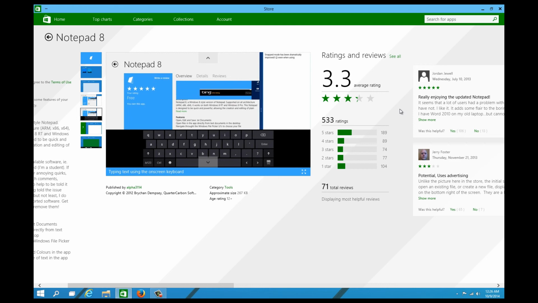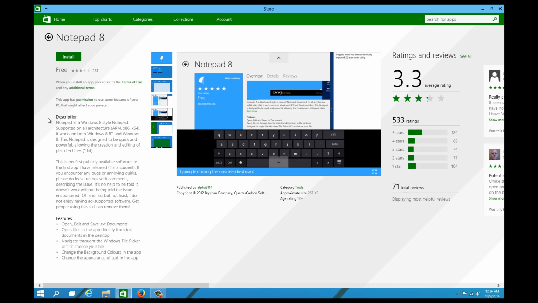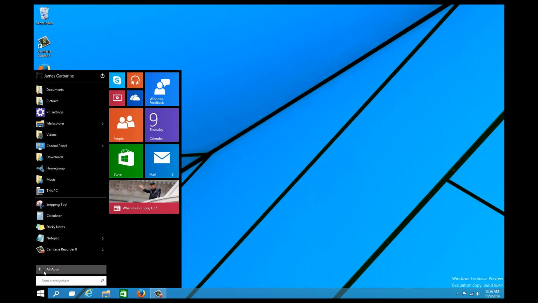It's kind of neat having the store with all... You can put reviews and everything into the App Store, published by Alpha 3114. Okay, so these are programs from different people that wind up on the store, as well as the Microsoft ones. That's pretty interesting. You'd search for an application, and if you don't have it, there's a chance it'll pick it up. Like,